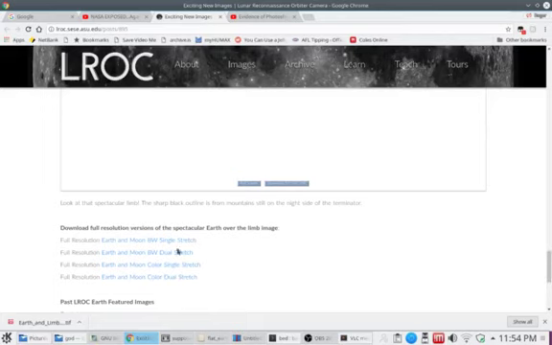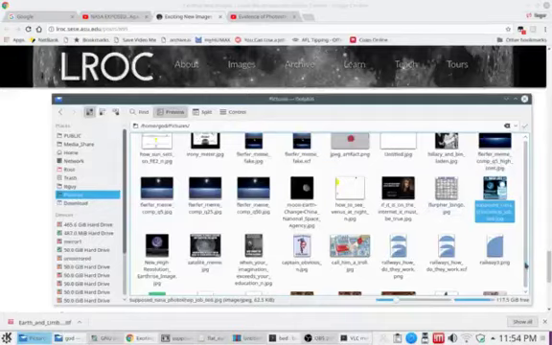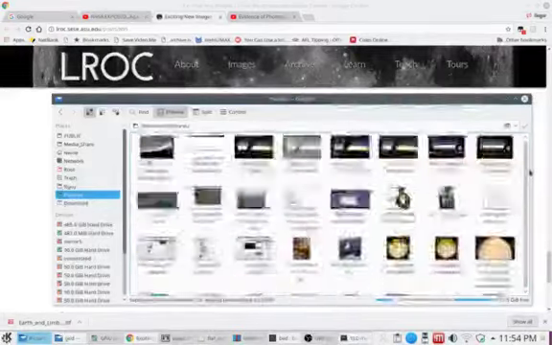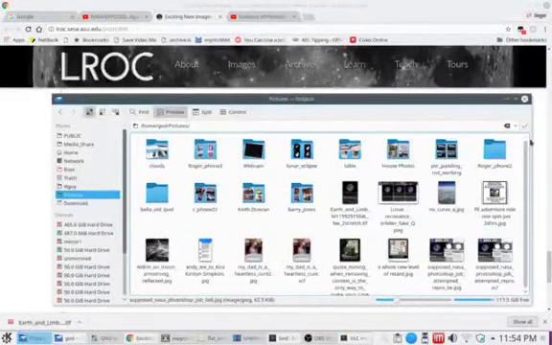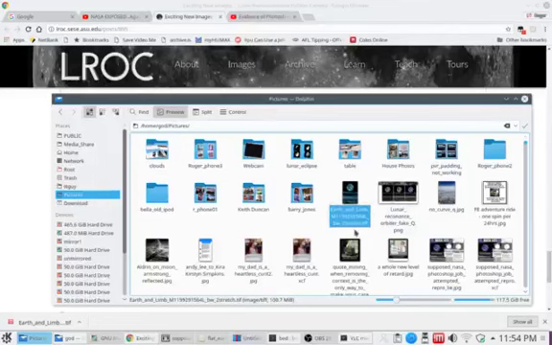You can download those images in the raw format. And if you download this one here, this Earth and Moon BW dual stretch, I downloaded it earlier, and let me find it. It comes down as, here it is, Earth and Limb